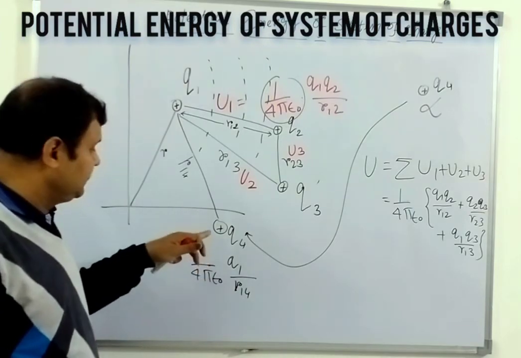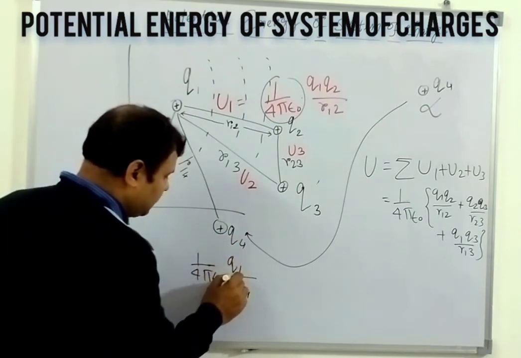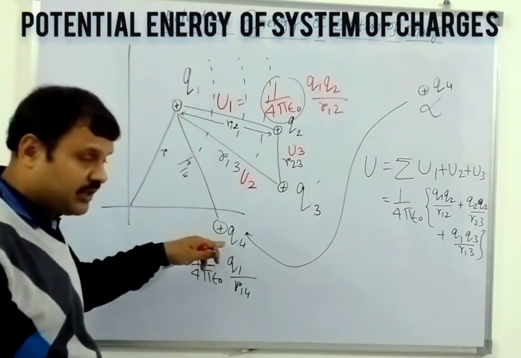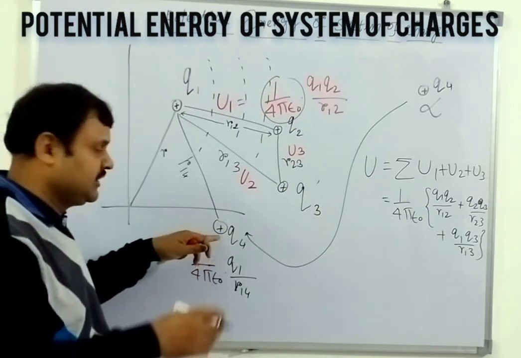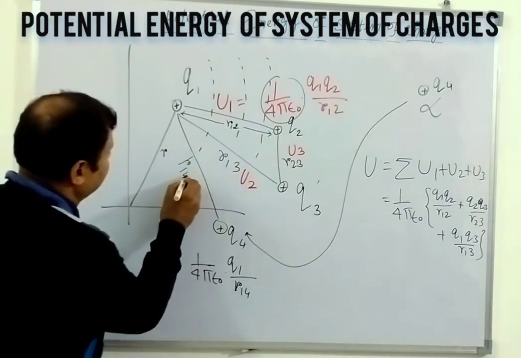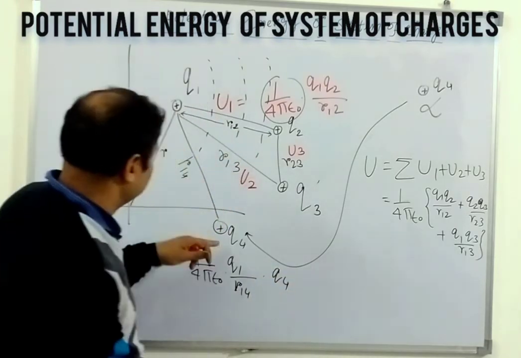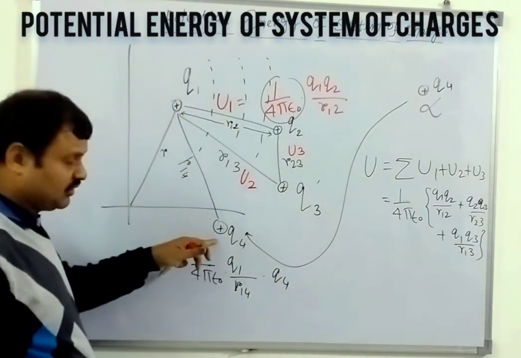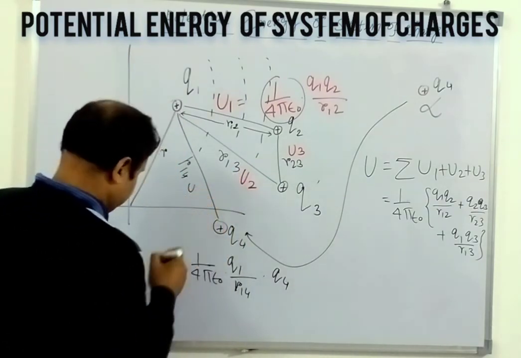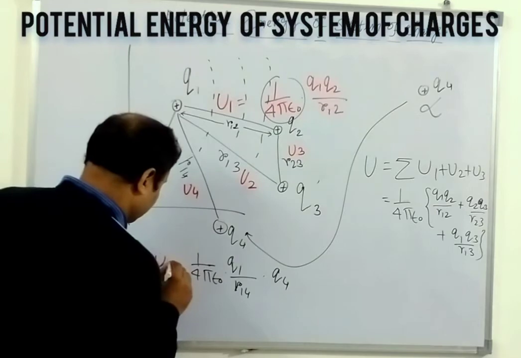If it is the potential, the work done will be the amount of charge times it, because potential means work done for a unit test charge. So if you want to bring this point Q4, external work needs to be done on Q4 to get it placed at distance R14 from Q1. So the work done will be Q4 times the potential. Suppose we define this much work as U4.